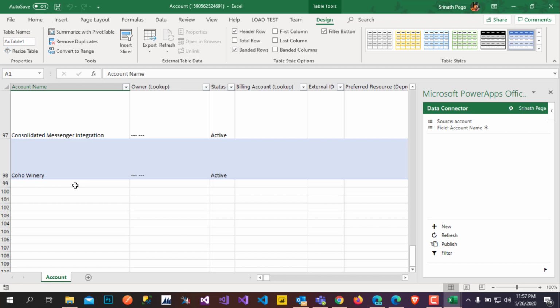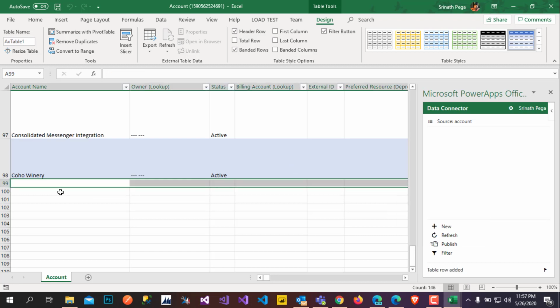That's how it works. And among the options, this is New: if you want to create a new record, just click on it and you will be able to see highlighted cells to enter the data.